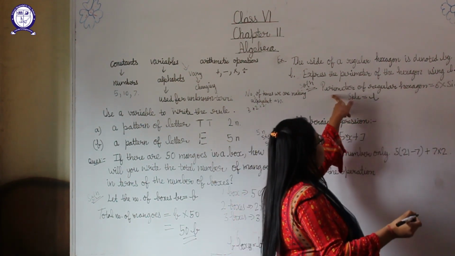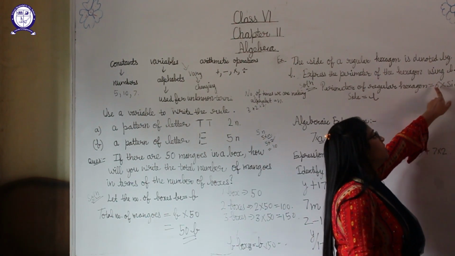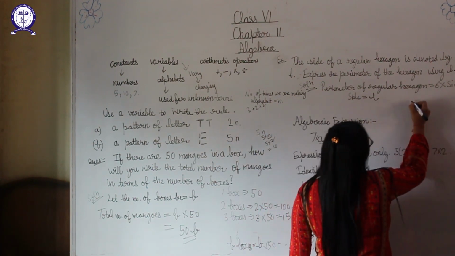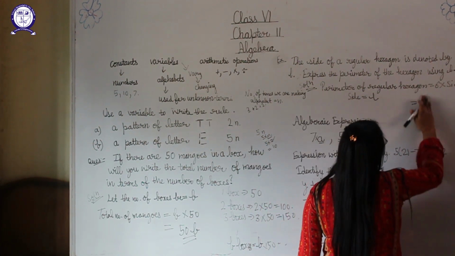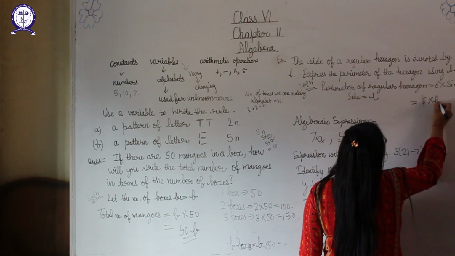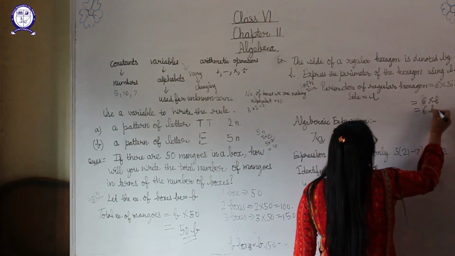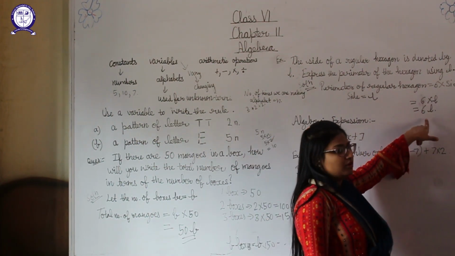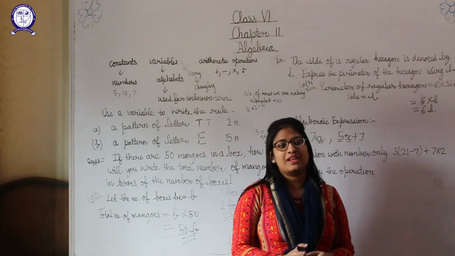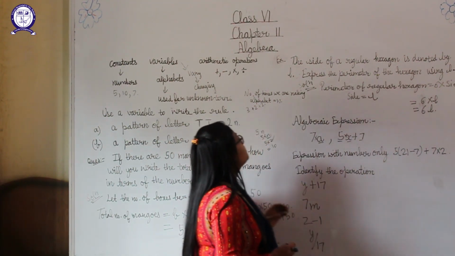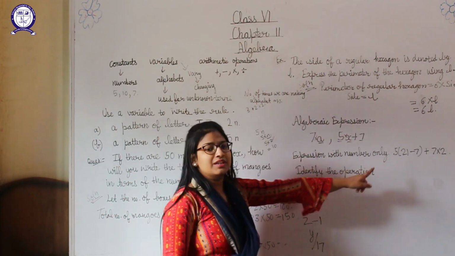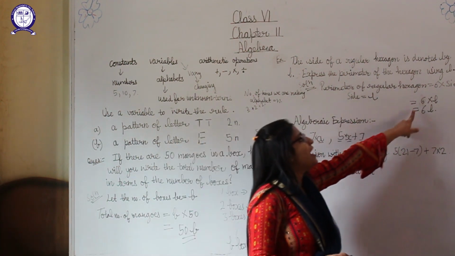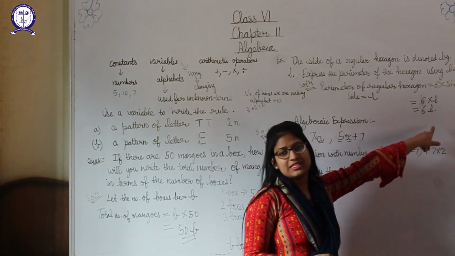So for the perimeter of a regular hexagon, the formula is 6 multiply side. In place of side we will write L. So our answer will be 6 multiply L, and we can write it as 6L. Students, only in this case can we eliminate the multiply sign. We can't eliminate any other arithmetic operation. If it is plus, minus or divide, we have to put it with the variables and constants, but the multiplication sign can be eliminated, and we can simply write 6L here.